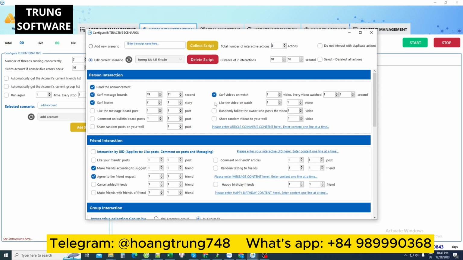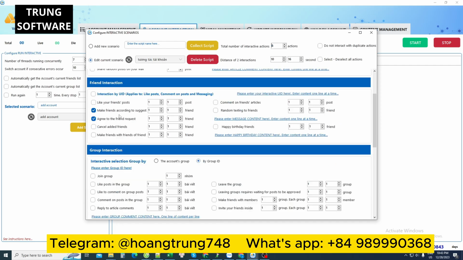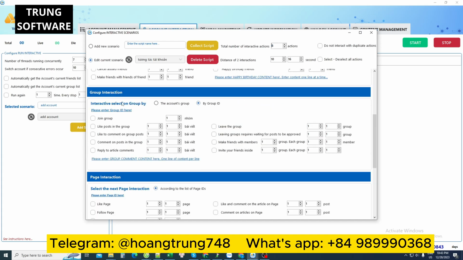The account interaction section helps us operate Facebook accounts like a real user, such as personal Facebook account interactions like reading notifications, seeing comments, or watching videos or reviews. This friend interaction section interacts with friends, such as liking posts, making friends, or viewing information. Or the interaction section in groups: you can join the group and like posts, like comments, or comment on any